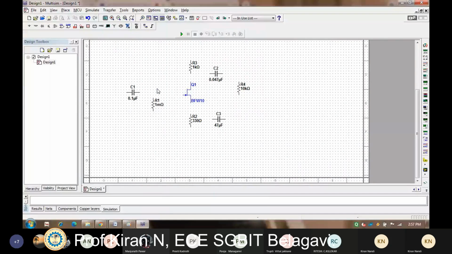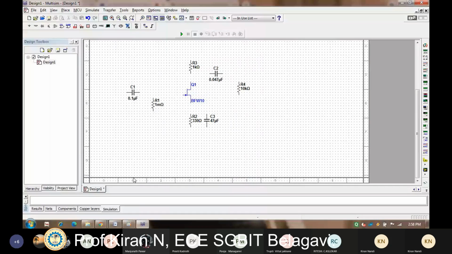Now we shall go on with the connection of this circuit diagram. So let us select this and rotate this like this. Now if you click on here, you can see the arrow mark is changing to a black color dot like pointer.